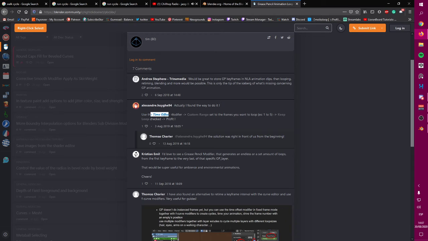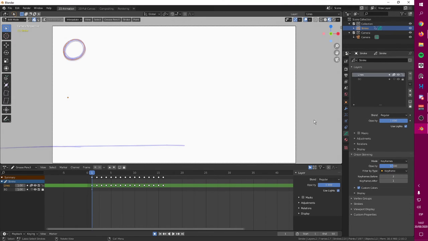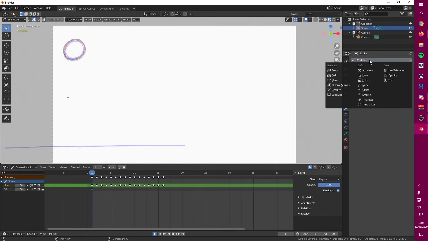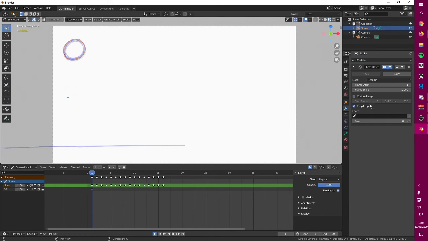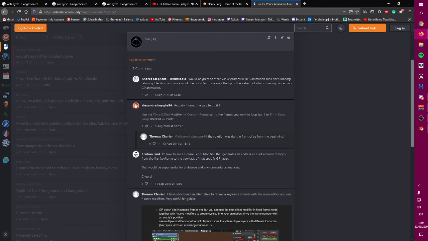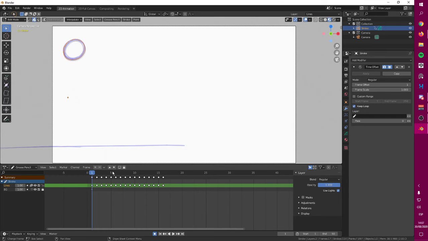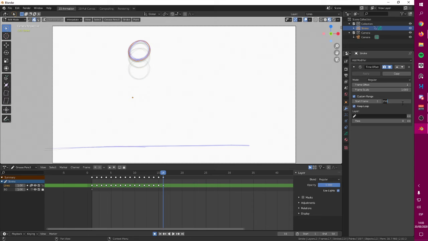Okay, here it is. Use the time offset modifier. Custom range set to the frames you want to loop. Okay. So let me check. Modifier. Time offset. And keep loop. Oh, nice. 16.